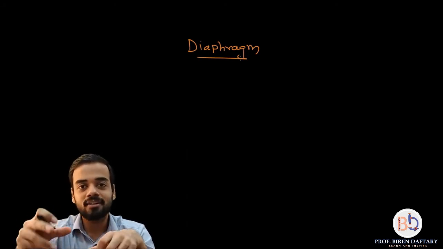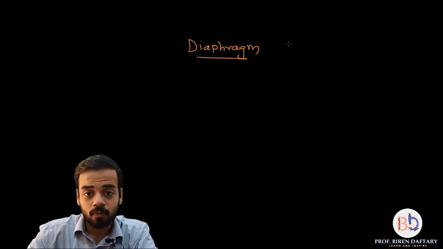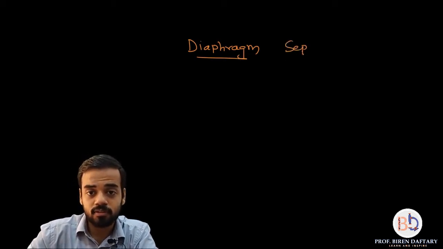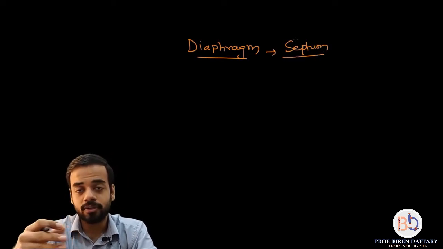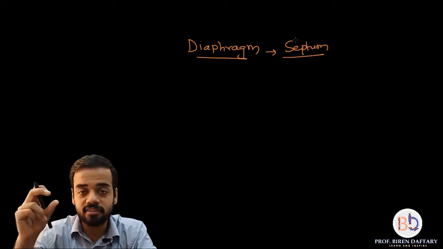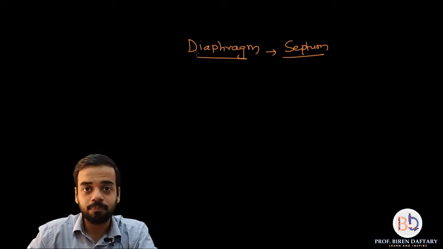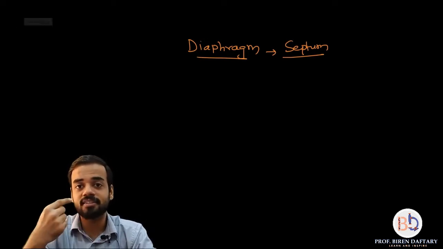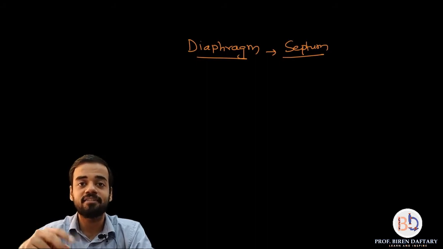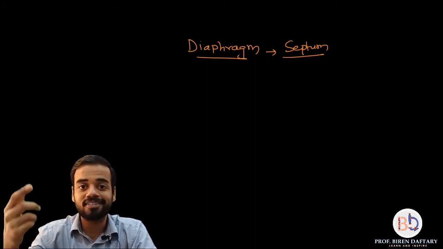So below that the diaphragm is present, and this diaphragm acts like a septum. Okay, so please remember this word. Now what is a septum? So in biology basically a septum is like a wall. Any material which divides a single part into two parts is called a septum. For example, this mesethmoid cartilage is dividing the entire nasal cavity into two nasal chambers. So this mesethmoid is also called a septum.